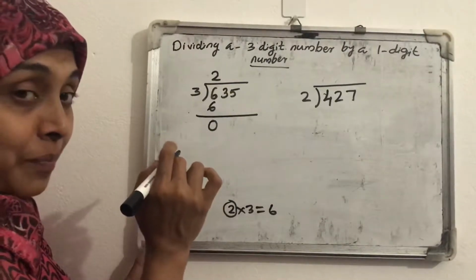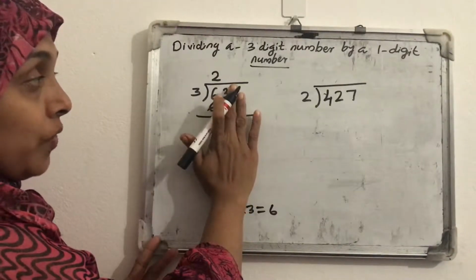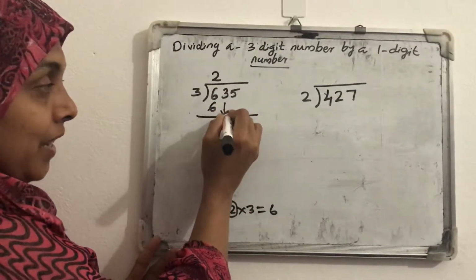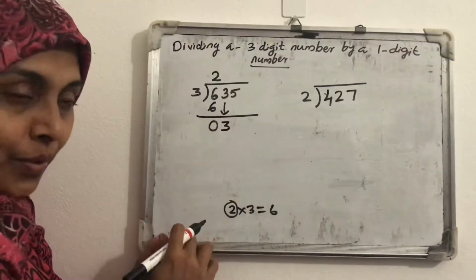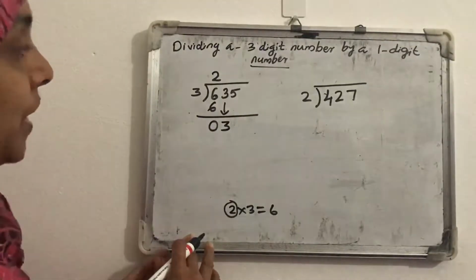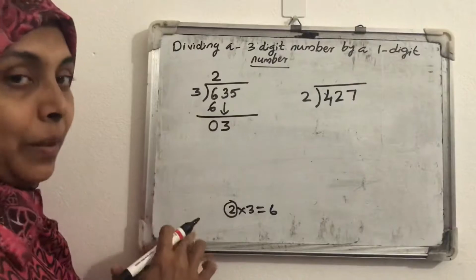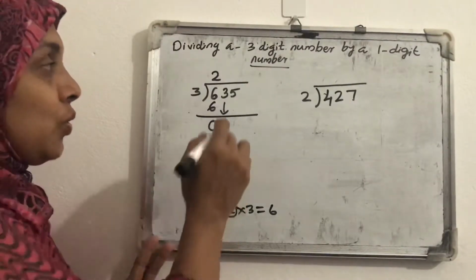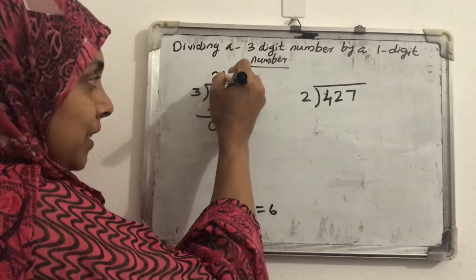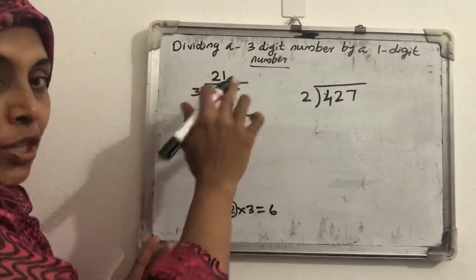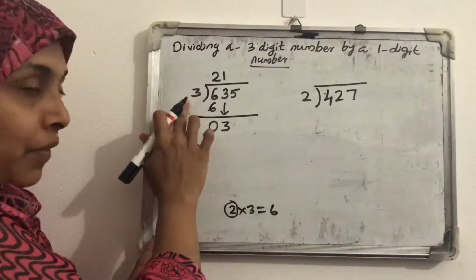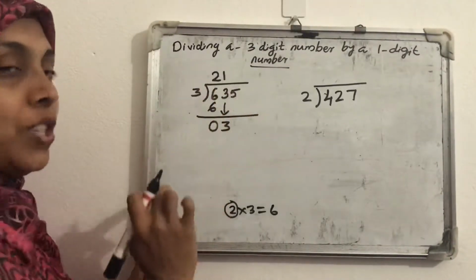What is the next step? If it is a 2-digit number, that we know. For 63, we bring down the next digit 3 next to 0. Now we divide 3 divided by 3. In 3 how many 3's are there? Only 1. So we write it next to the digit 2 in the quotient part. So 3 divided by 3, we got 1.